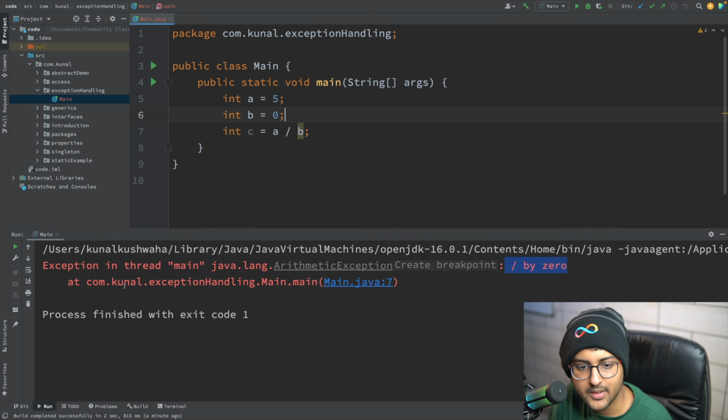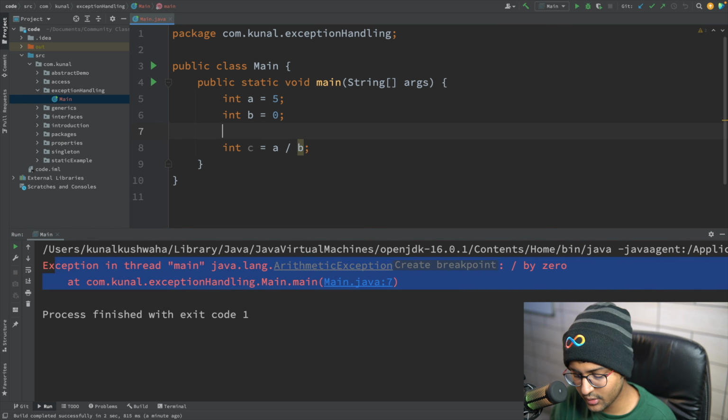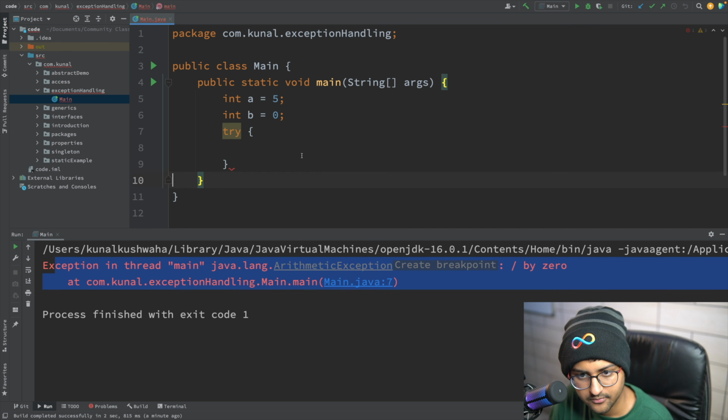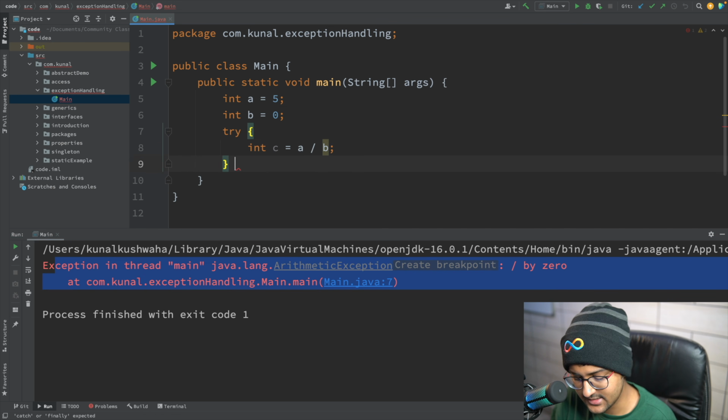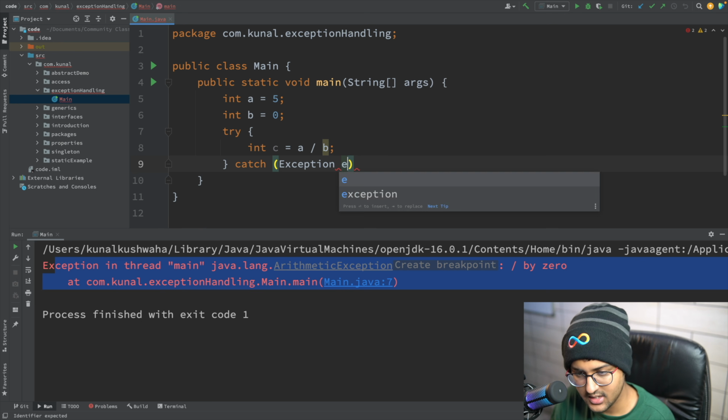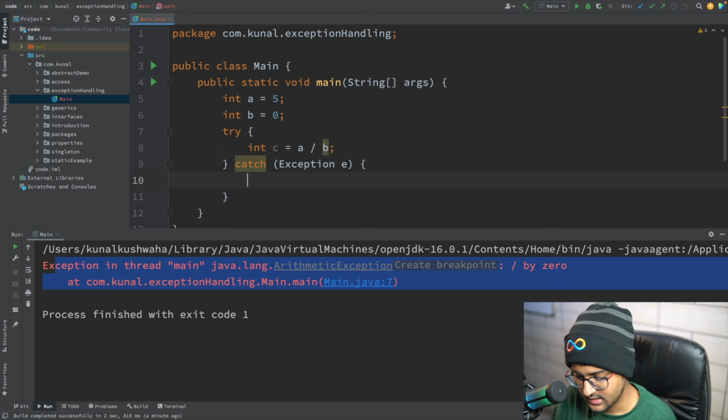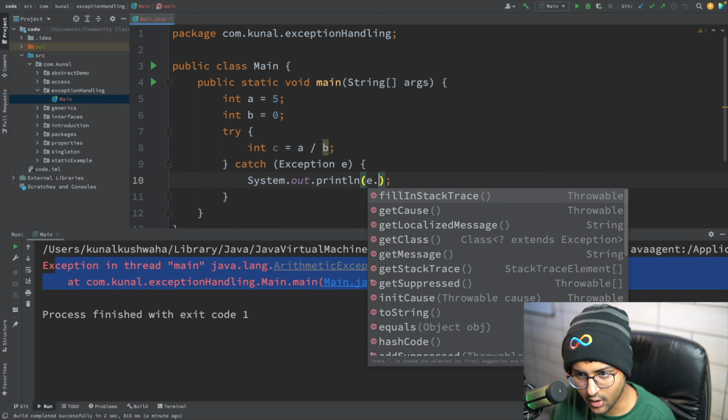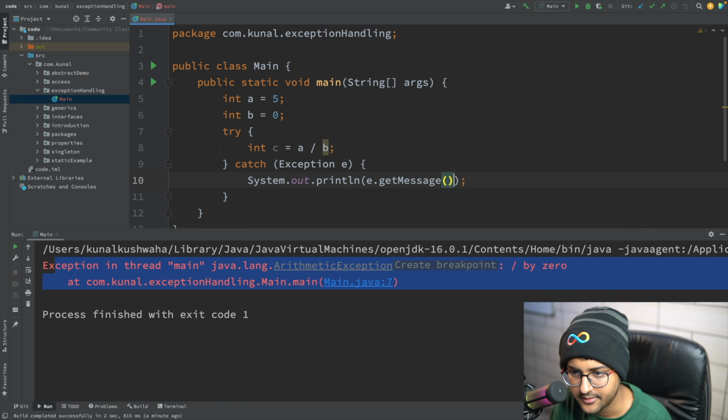If you want to print it in a pretty way, you can use the try catch block. You can say try this thing and catch an exception, exception e, that's it, and you can say print e dot, there's a get message over here.